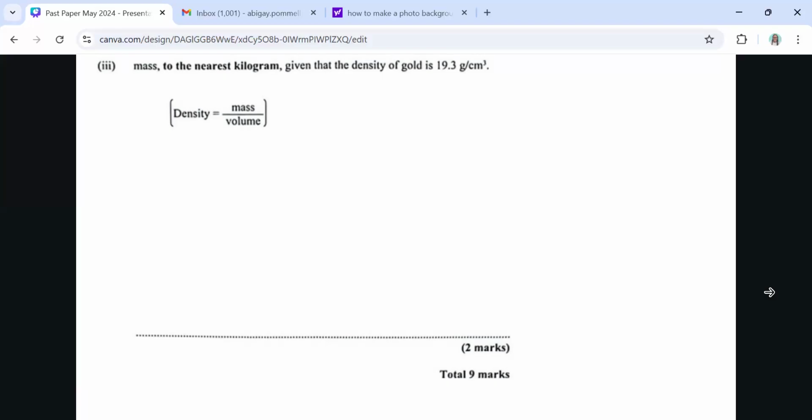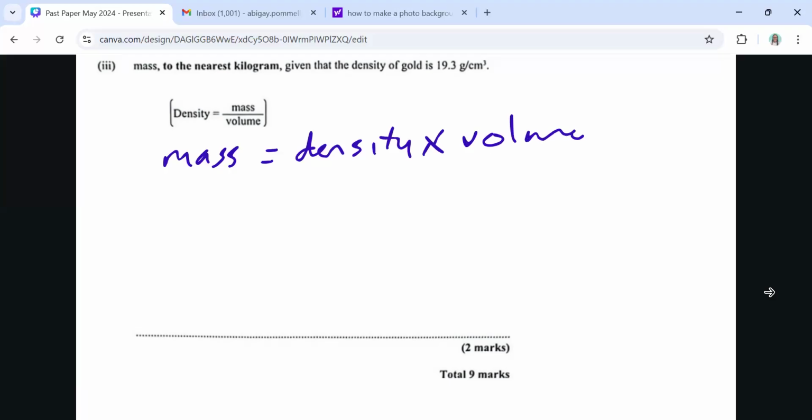We're going to make mass the subject of this formula, which is mass equals density times volume. So that is our formula, rearranged. We've got the density, which is 19.3 grams per centimeter cubed. And the volume again of the gold,